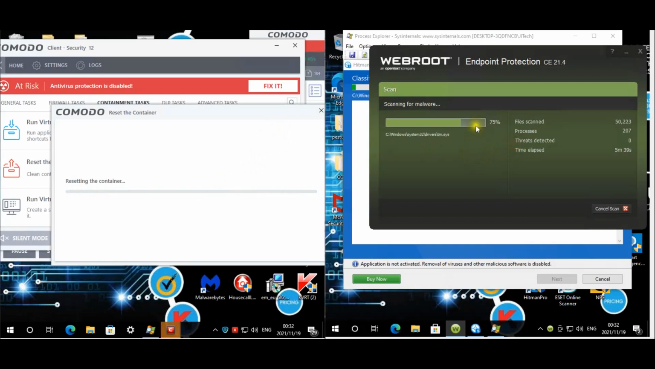Webroot was scanning and it found more malware afterwards, so I'm just doing a final scan with Webroot, but I think it's almost done. Already started with HitmanPro, but the last scan didn't find anything, so this is just another scan that I'm running to make sure that it is clean. But HitmanPro is running, so I'm just waiting for Comodo to reset the container so we can clear the VT root folder, and then